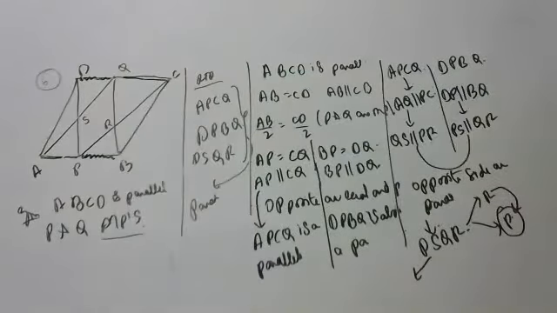He didn't ask us that. He asked us to show parallelogram. All rhombuses are parallelograms, but all parallelograms are not rhombuses. So I can say parallelogram, because all rhombuses are also parallelograms. Rhombus is a parallelogram. Parallelogram is not a rhombus. Okay, children, anyone have any doubt in this till now?